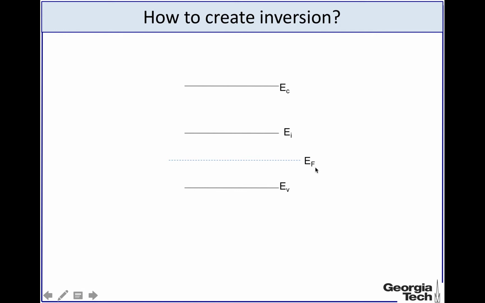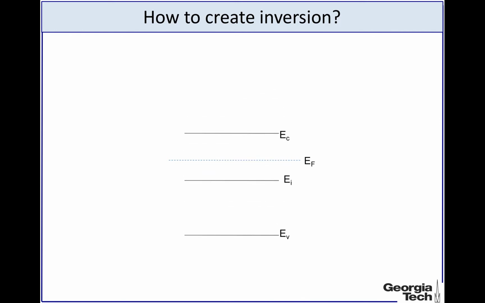Now this is a semiconductor that is doped p-type, doped with an acceptor, so the EF is closer to EV. As we apply a gate voltage, it creates a surface potential, and what the surface potential does is it pulls down EC, EV, and EI with respect to EF. EF stays constant, but EC and EI go down,